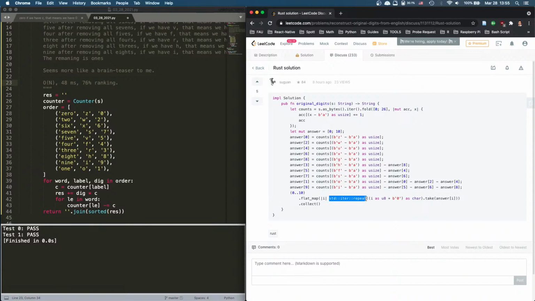So we're gonna have an iterator to repeat I as u8 plus this as char, and then dot take answer. Take that many, right? So I think what this is, from 0 to 10, we're gonna flat map 0 to 10, and each value is gonna be passed in as this thing I. So I is 0 to 9, 10 not included, and then we're gonna repeat it based on how many times answer